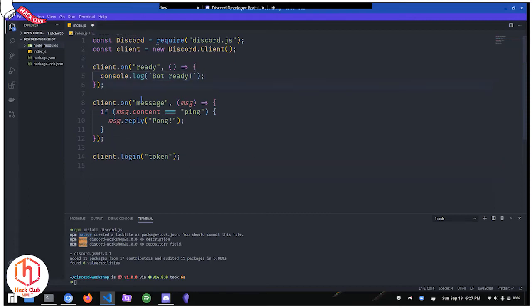So what this statement is doing is, on any message the bot is receiving, it's going to be captured in this function. So if the bot receives any message, this function over here will be triggered. So if the message.content is ping, then the bot will reply as pong. That's it. It's very simple. And this is a pretty basic example of how discord.js works.